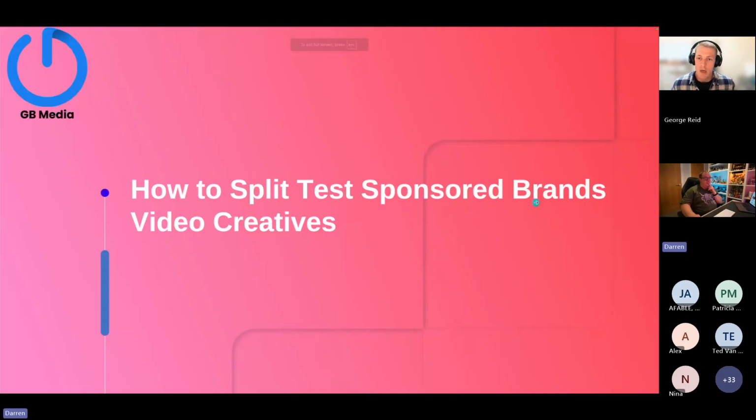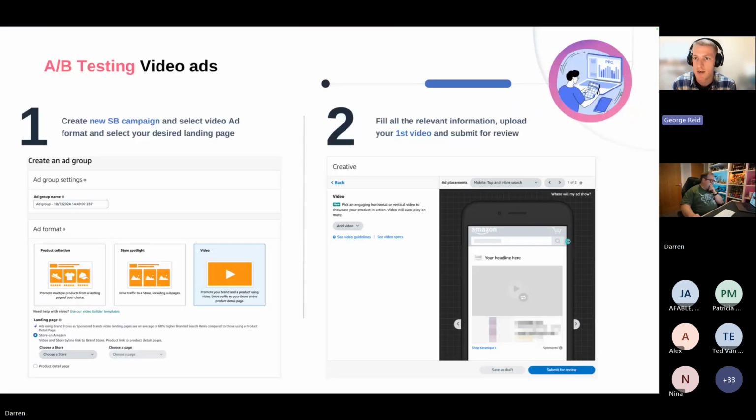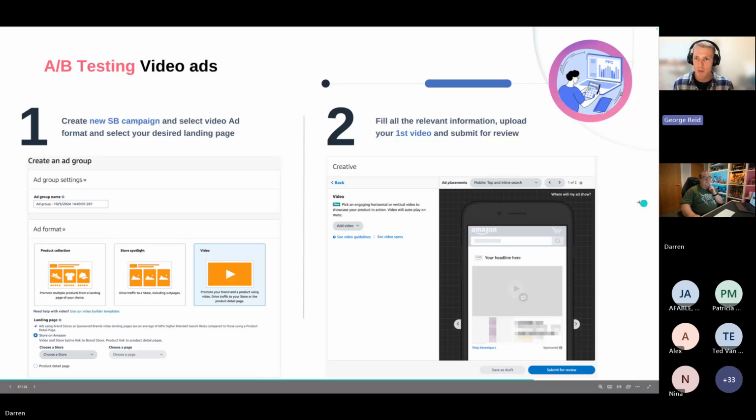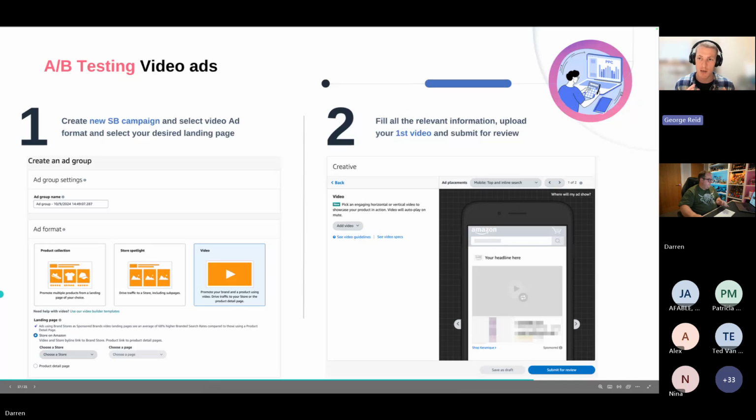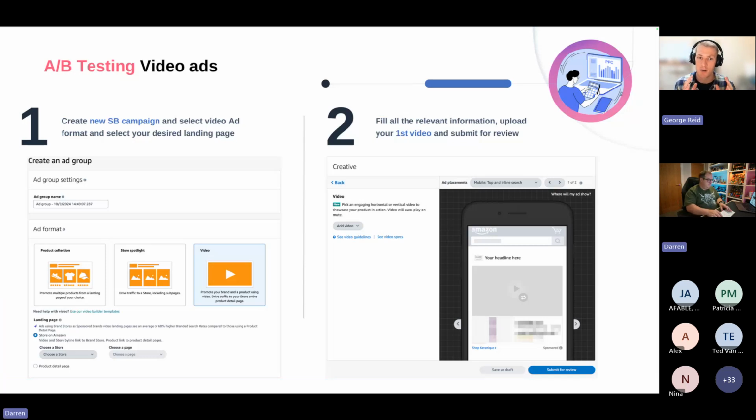Cool. Split testing. So I got one of our advertising managers to pull this up. We've been experimenting a little bit to try and understand what we find the best and fairest way to run an experiment is. And when we think about this, what we want to ensure is that we're just testing the creative. So that's why we're creating different ads inside of the same campaign, inside of the same ad group. So if you create your first one, which this screen shows us here, create ad number 1, and then we swipe this screen across, please, Darren. Yep.